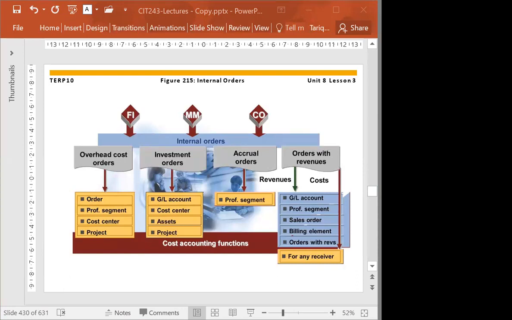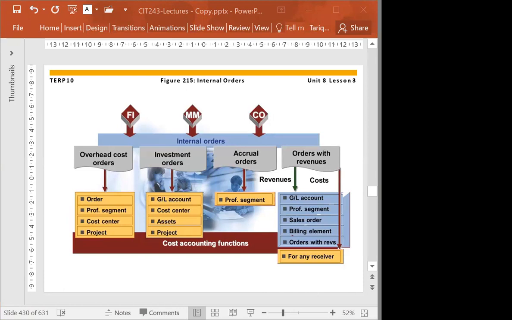Basically, they just separated it from the sales point of view, just for making a clearer understanding about if there is any billing amount that will be collected, if it is a sales order, that will be collected on that internal order, or any receiver, anybody. Receiver could be your cost accounting. From the cost accounting point of view, any cost object.